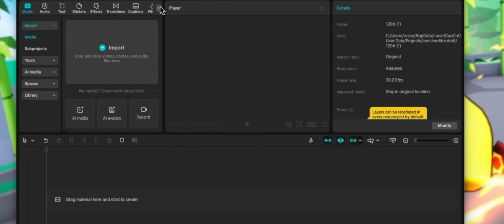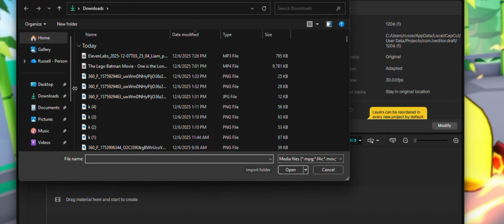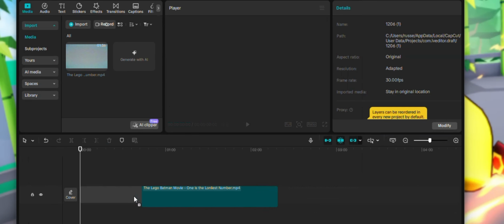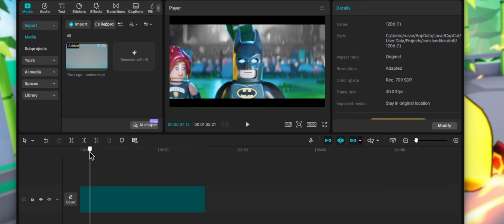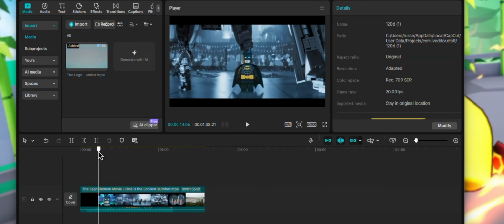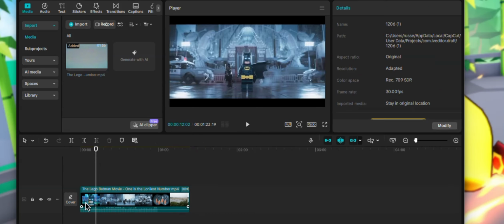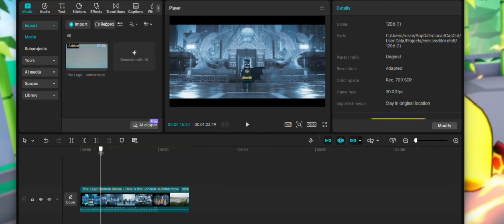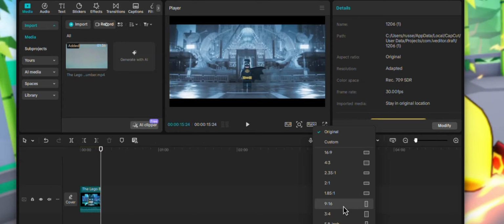Now let's move into the editing stage. Open your editing software. Personally, I use CapCut, but anything similar works. Start a new project and make sure the canvas or project is set to vertical with a 9:16 aspect ratio. Then import the video you downloaded and drag it to the bottom of the screen so it fills the lower